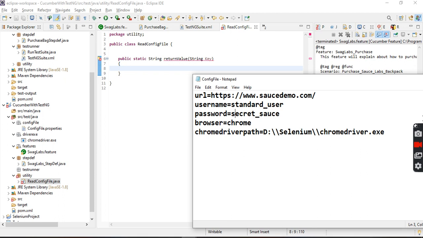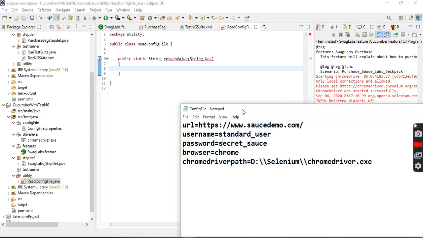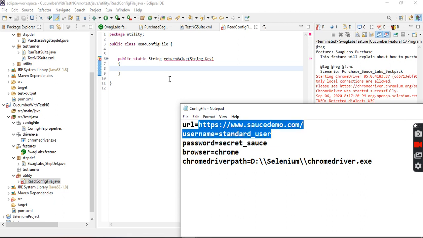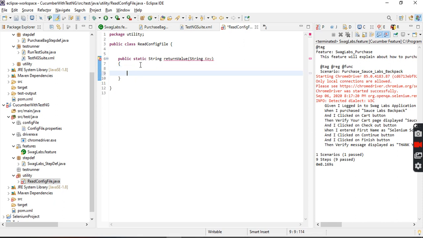The keys and values are separated by the equal to symbol. So I want to read this particular file. If I pass this URL key here, then I will get this value. So that is what we are going to do. Return value. Okay. How to do that actually?